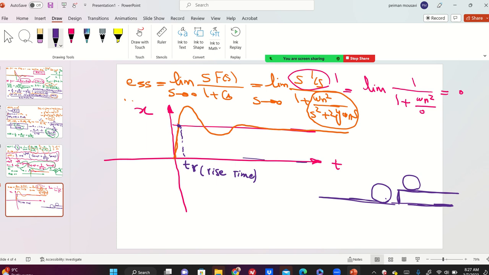First you were here, after passing that, you have a transient oscillation, then settling down to your final position in your car. Everybody has experienced this? Yes? So, how to calculate rise time